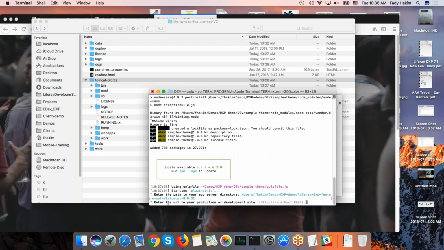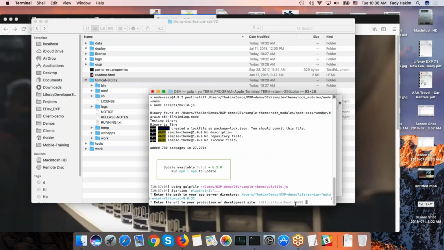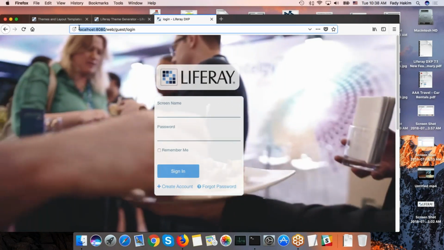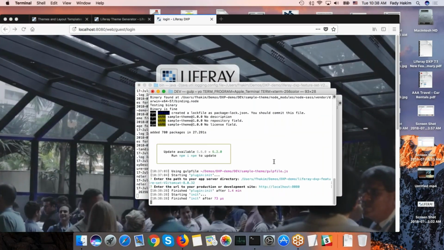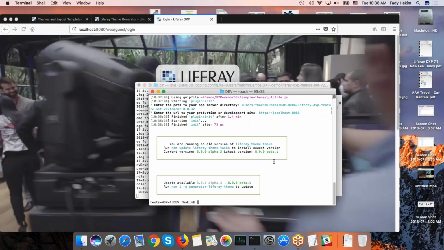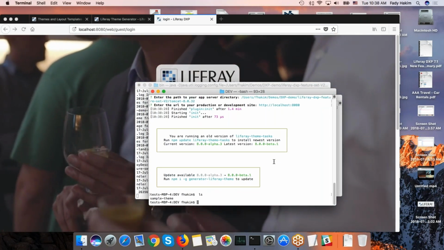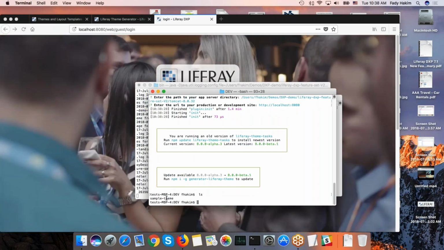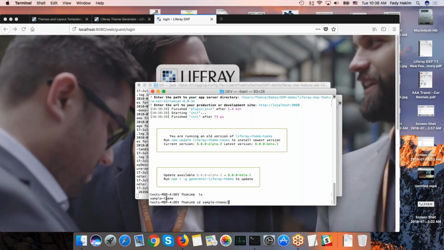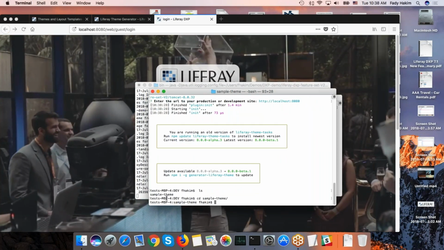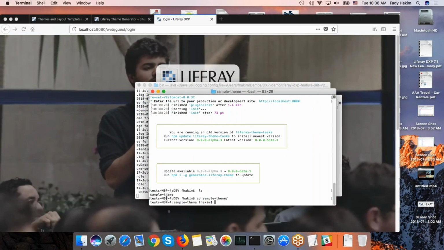Okay, and now it's asking me what's the URL for your server. That's the default URL, and that's the URL for my server here. So I'm gonna keep it the same. Press enter, and now the Liferay project is created for me. If I go here, you can see there is a sample theme project, right? And the first thing I need to do after I create the project is build it